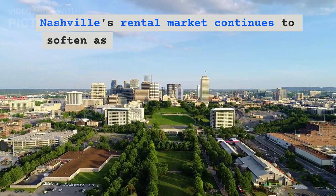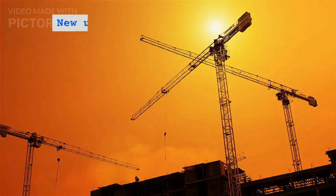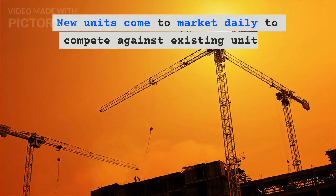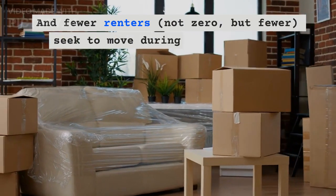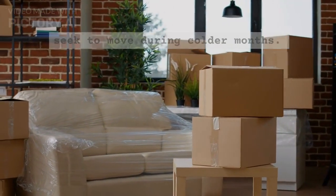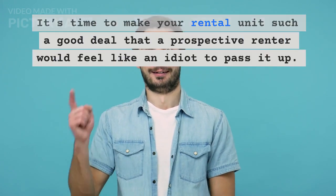Nashville's rental market continues to soften as demand declines and supply continues to rise. New units come to market daily to compete against existing units. And fewer renters, not zero, but fewer, seek to move during colder months. It's time to make your rental unit such a good deal that a prospective renter would feel like an idiot